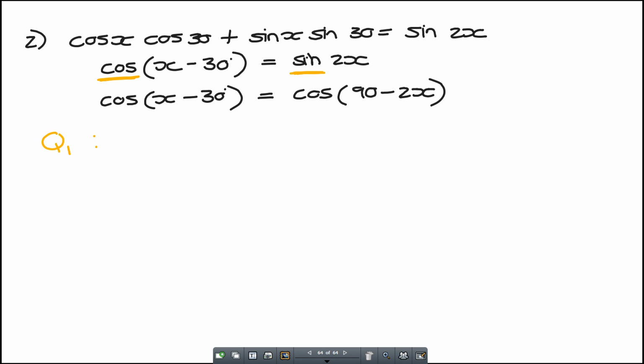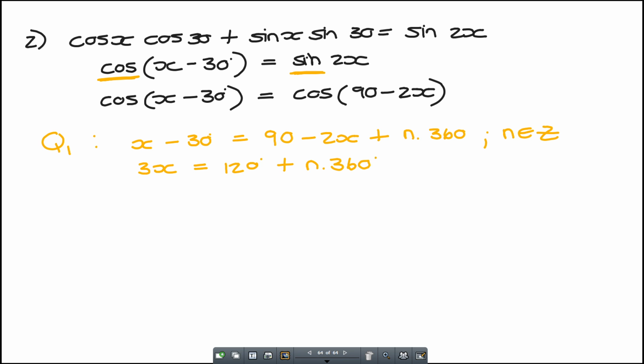I'm going to have x minus 30 is equal to, en nou het ek mos net my reference angle. Nee, so 90 minus 2x plus n times 360. Okay, so wat gaan daai 30 oor? And the 2x over, so I'm going to have 3x is equal to 120 plus n times 360, met ander woorde,